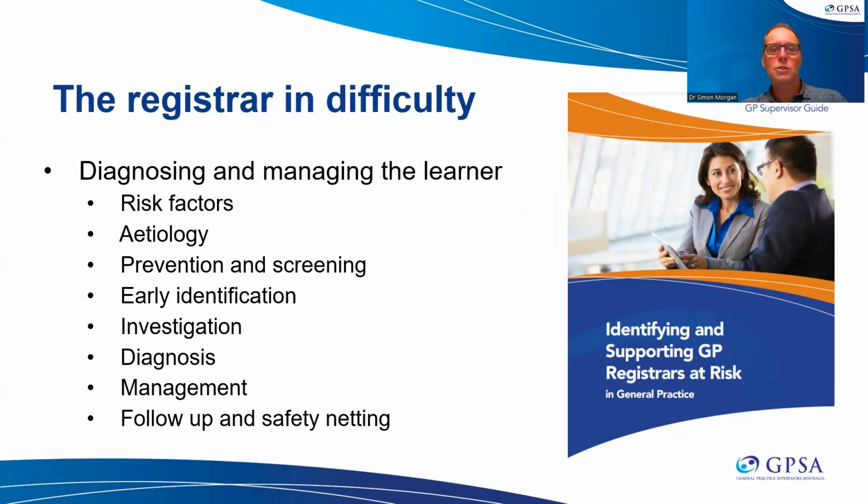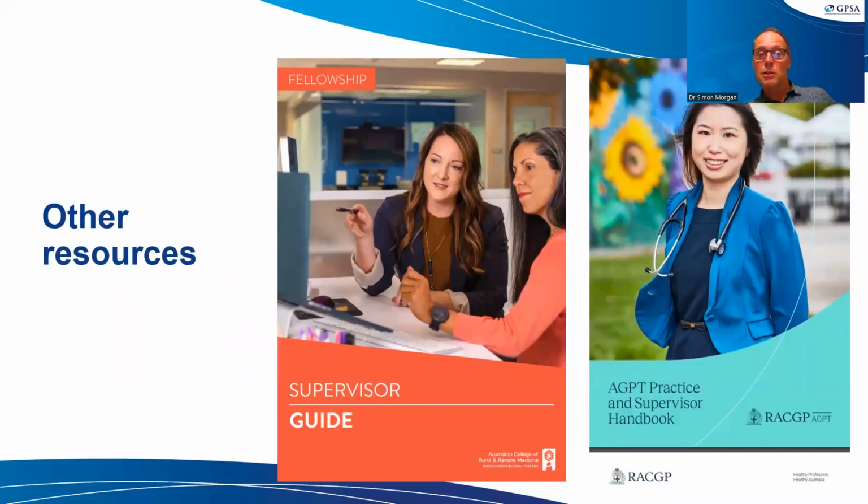The only reason I put all those dot points in is for any new or relatively new supervisors who are thinking, gosh, there's lots to learn and it's all pretty tricky. There's this really nice model of the parallel between clinical practice, what we do with patients, and educational practice, what we do with registrars. You can see that could be how we manage patients, but this is actually how we manage registrars. We do all these things. We look for risk factors, think about what the causes are. We try to prevent it happening. We try to have early identification. We may need to investigate the problem. We make an educational diagnosis. We manage them, and we need to follow up and safety net. The two guides for each college.